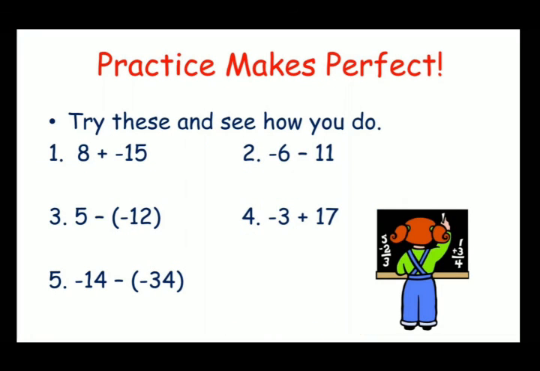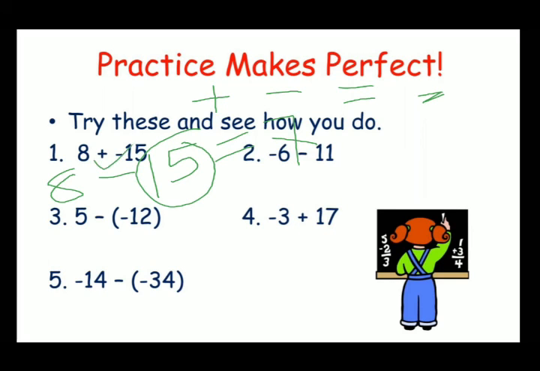Some practice is given over here. You have to try them. First, 8 plus minus 15. Now whenever there is plus and minus, you have to remember that plus minus is equal to minus. So 8 plus minus, we will write down as 8 minus 15. So what will be the answer? Simply 15 minus 8 is 7, and 15 is greater and it has a negative sign. So the answer will also contain a negative sign. So the answer will be minus 7. Another 4 you have to do on your own. That's all about this chapter.